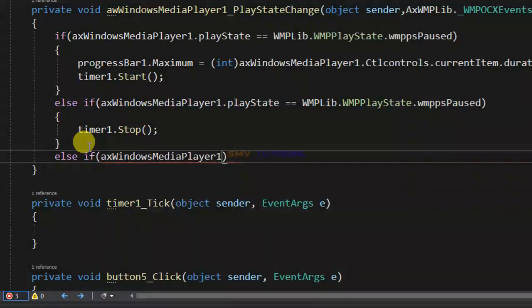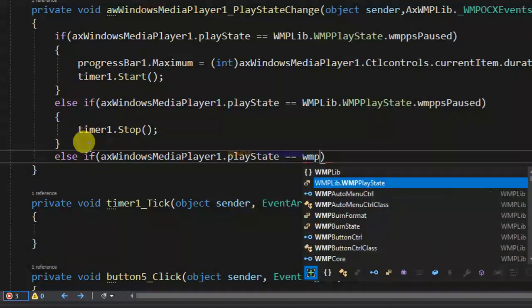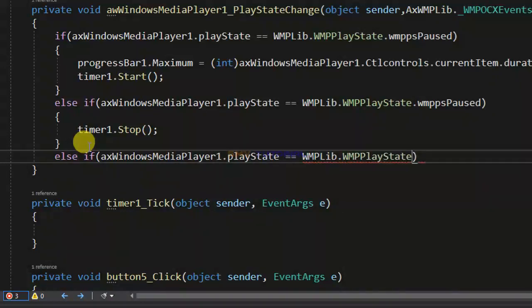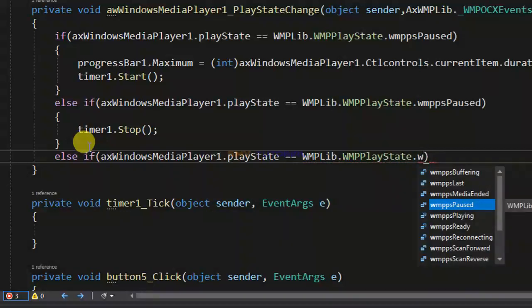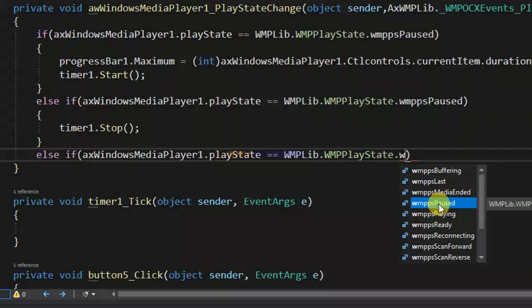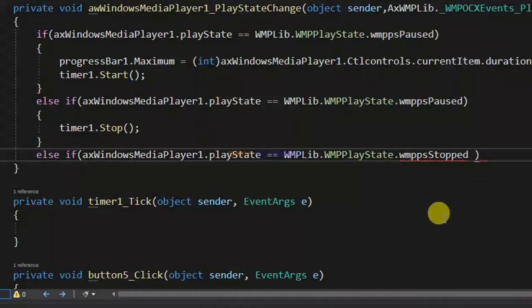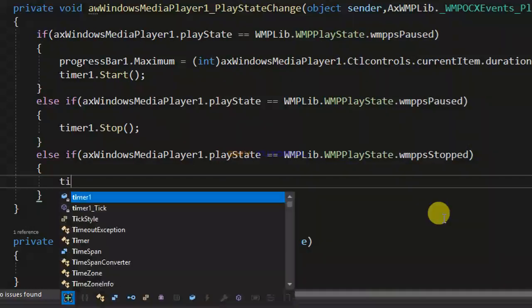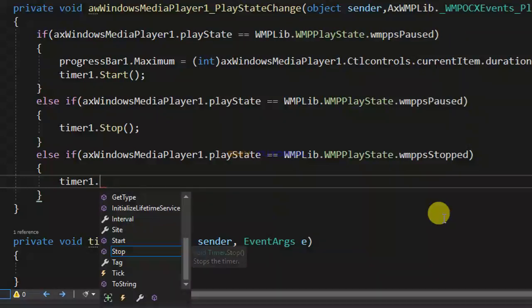and AxWindowsMediaPlayer dot playState equal WMPLib and next using WMPPlayState and dot WMPPSPaused, sorry not paused, stopped, WMPPSStopped, next open close bracket and open bracket, timer1 dot Stop